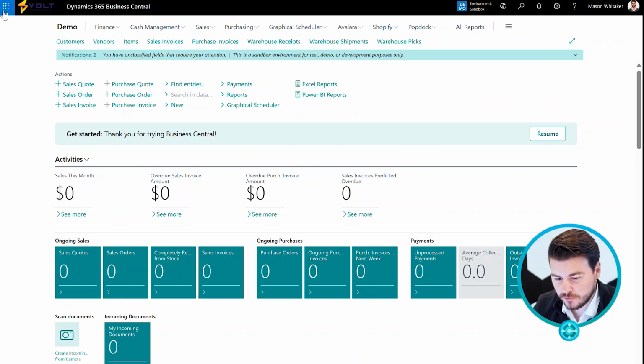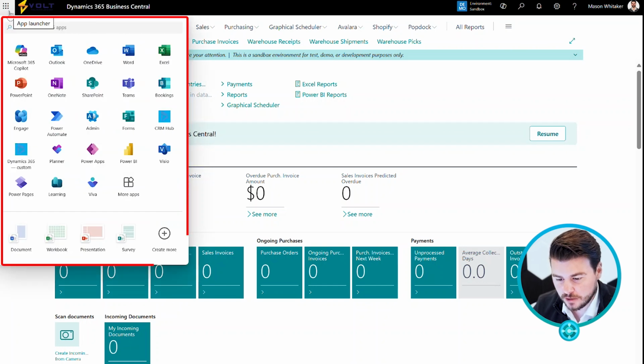And on the very far left menu, you have the waffle icon, as we like to call it. Clicking on this menu is going to pop open all of the other menu items within your Microsoft 365 ecosystem. So just like any other Microsoft app, you can jump between Business Central and other apps that you have access